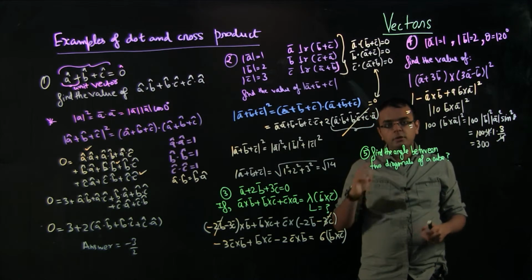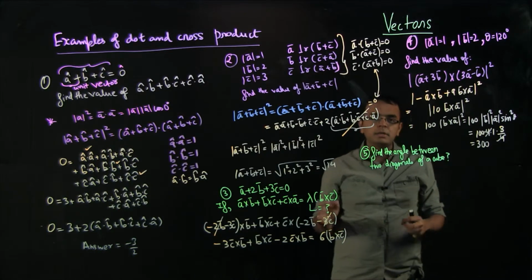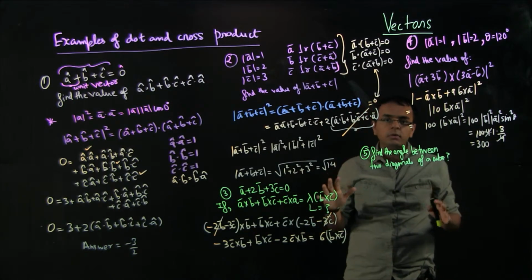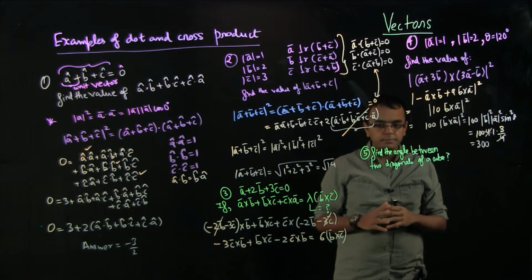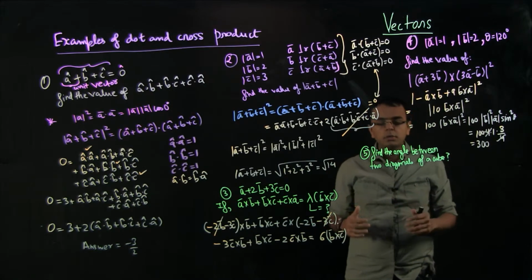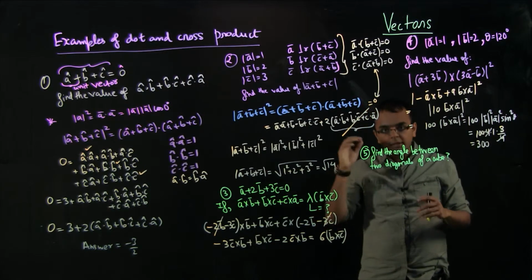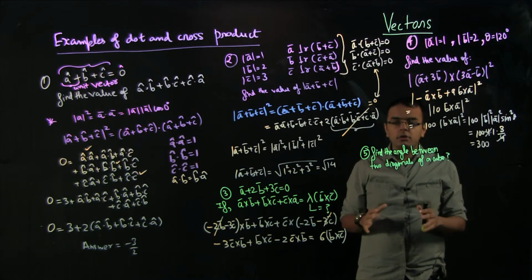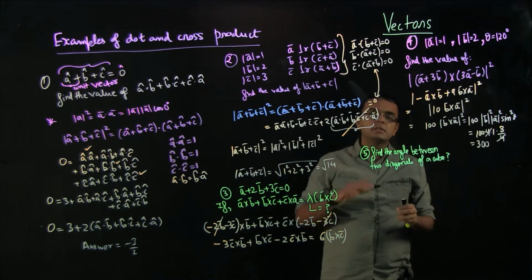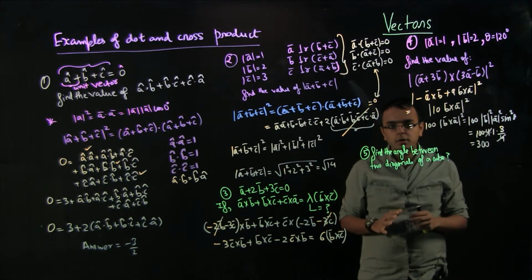Okay, so there are two things. A cube is a 3-dimensional object, so you cannot solve it using the coordinate geometry which you have always done in two coordinates. Also, angle means dot product. Whenever you see something like this, always remember that you have to take a dot product.